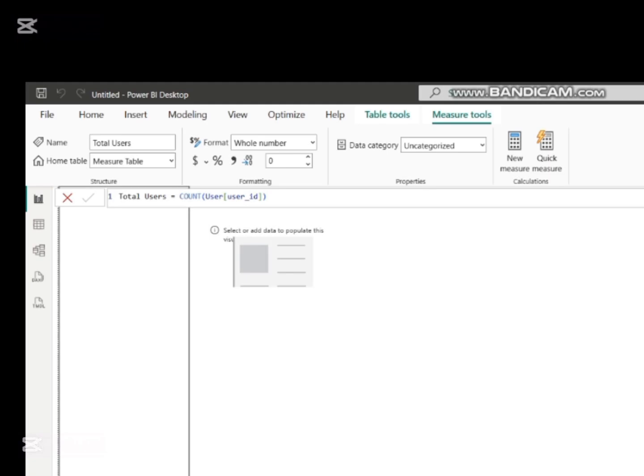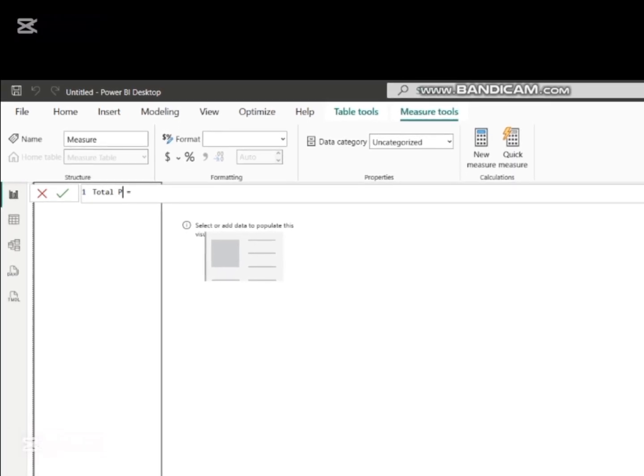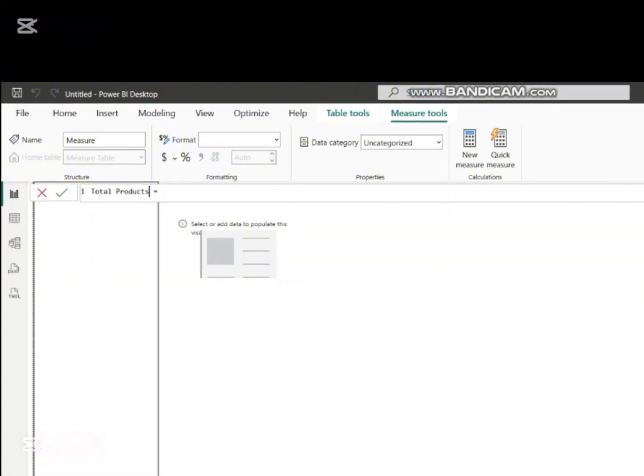Using this DAX measure, this entire calculation is done behind the scenes, and then all we need to do is to put this created measure within our chart and graph, and voila, we can now use it in our visuals and in our creations. The next